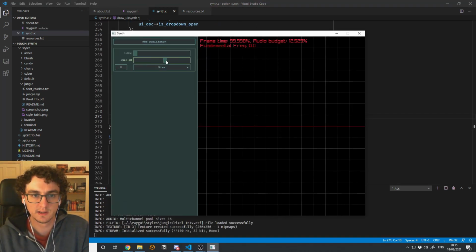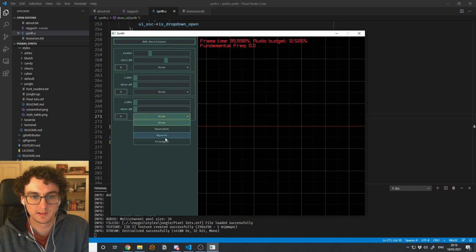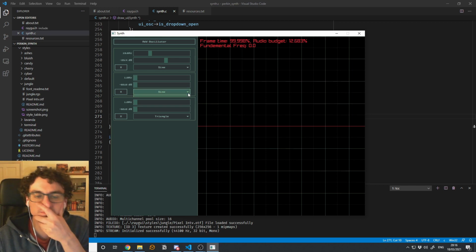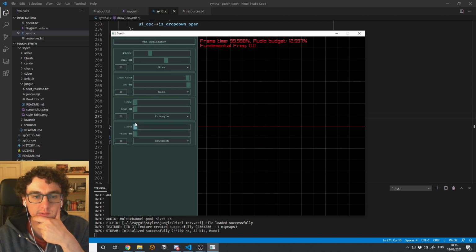If I did this, works okay for one case, but if we add a couple, say we'll make this triangle, we'll make this, this drop down is going to be a problem. I'm not sure what the solution was. So if we set these to full, and then I'll add another one, this will be sawtooth. So if I remove this one, you can see it just swapped it with the sawtooth one,